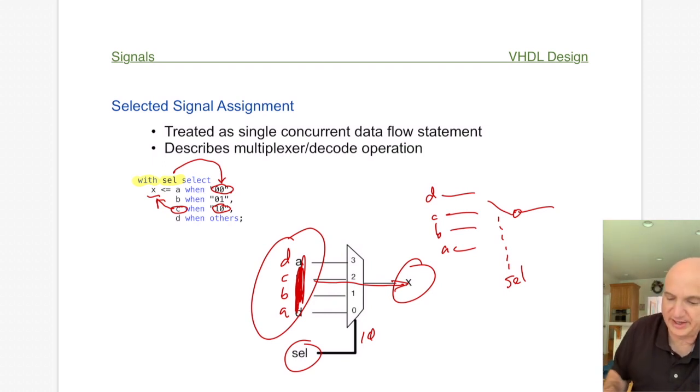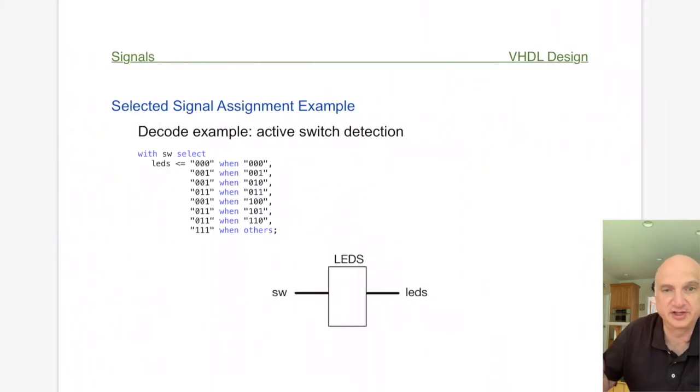Okay, so with that in mind, let's take a look at another example that's a decoder example using selected signal assignment. Now, decoders are slightly different in the sense that you put in a code and then you expect a different converted code on the output. As an example of this, let's pretend that we're going to create our intro example logic using a selected signal